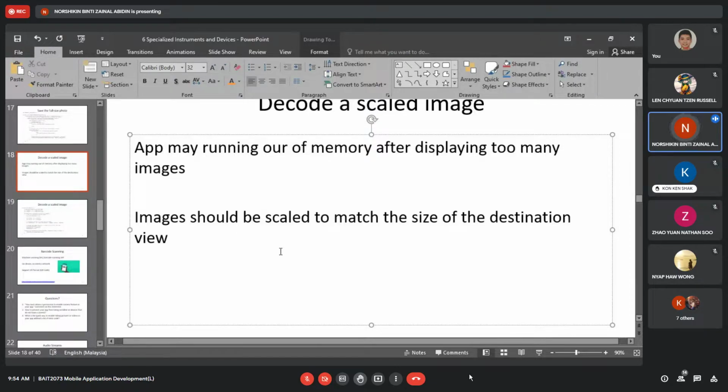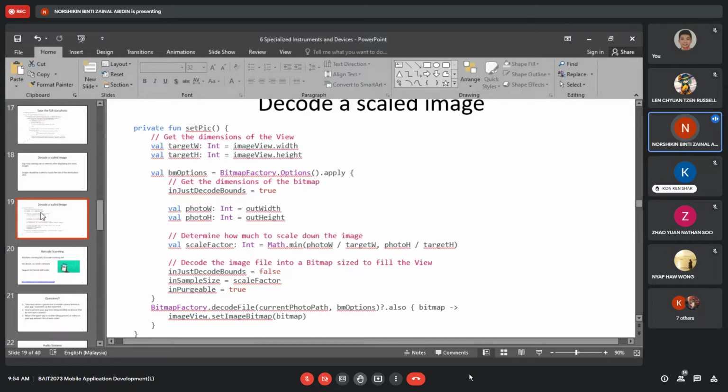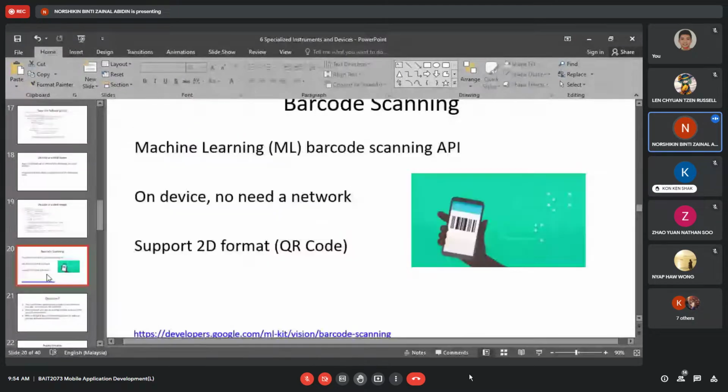In daily words, maybe we can say the app will compress our file. In the back end, as the user we see the file is resized, the app compresses it, but in the process they actually do some decoding. They will scale down our image, our photo.